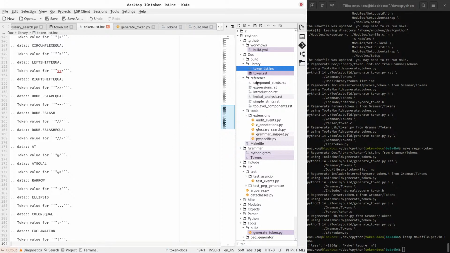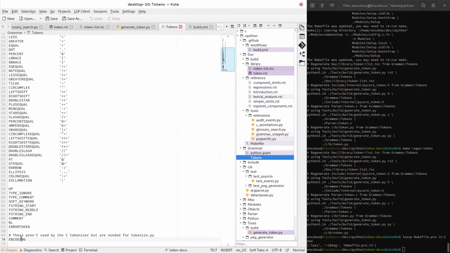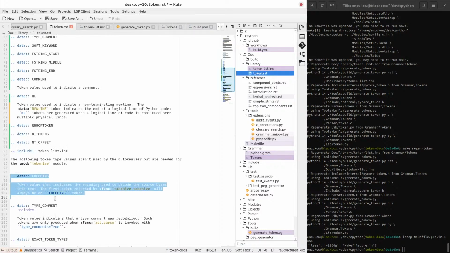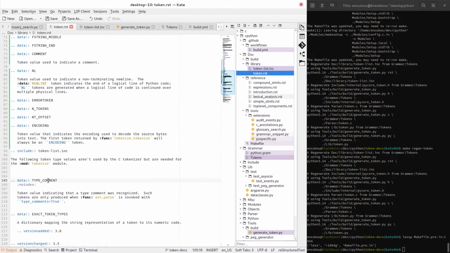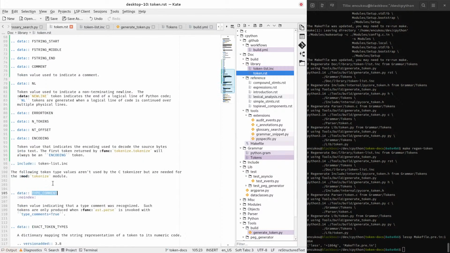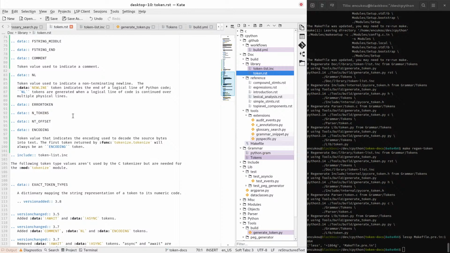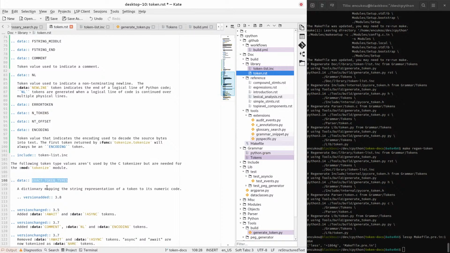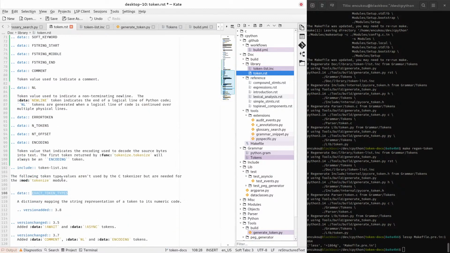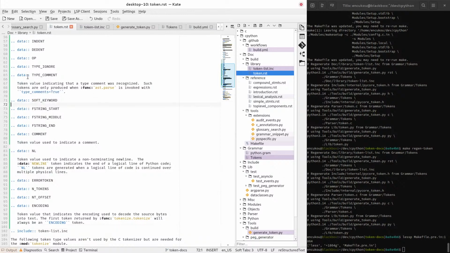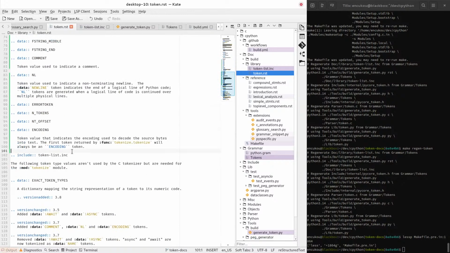Doesn't that appear here? License tokens. Don't put encoding in here. Well, we should have encoding here. There's type comment, for which we already have documentation, and exact token types is not a token, but it looks exactly like one. Right, so we will add docs for all of these. That shouldn't be that hard, and then we say